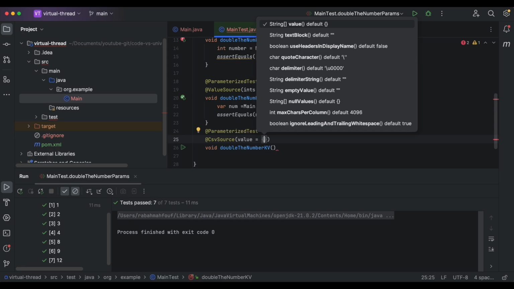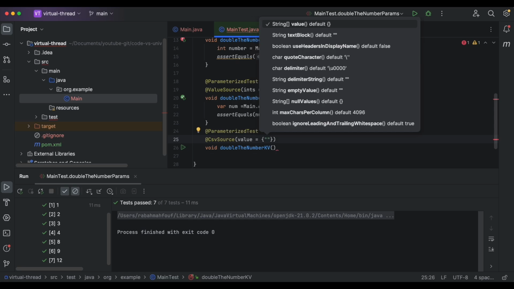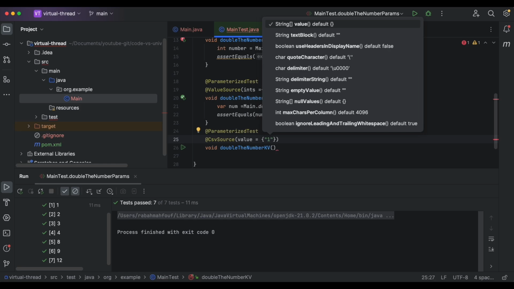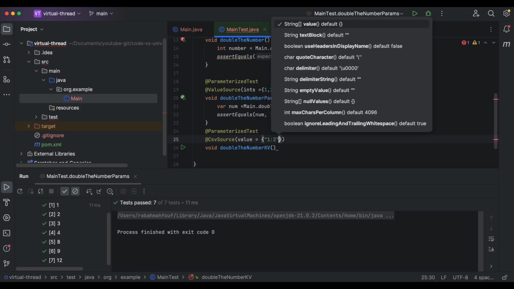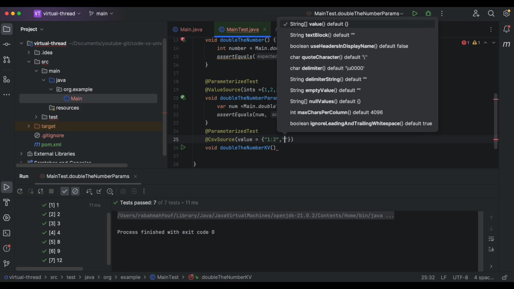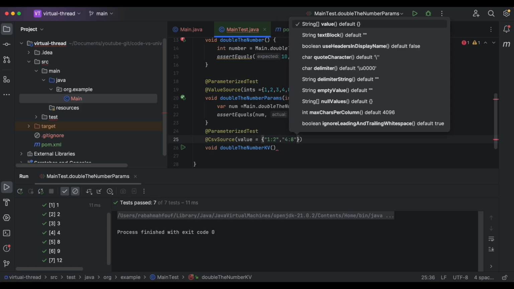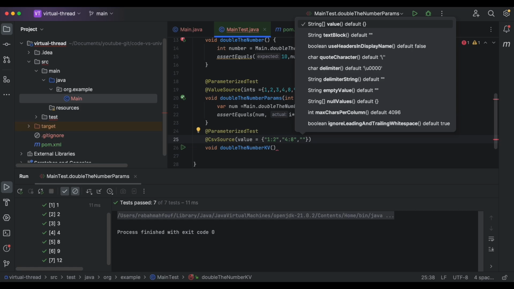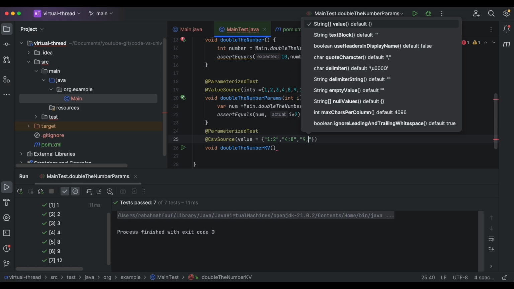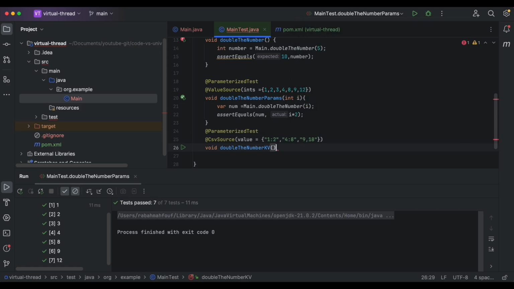But here what we'll be doing is to pass key values. Let's say for example we pass 1, we're expecting a 2. We pass for example 4 and we get an 8. And for example we pass a 9, we'll be expecting an 18. Okay, the same here will be int in value, and then will be int